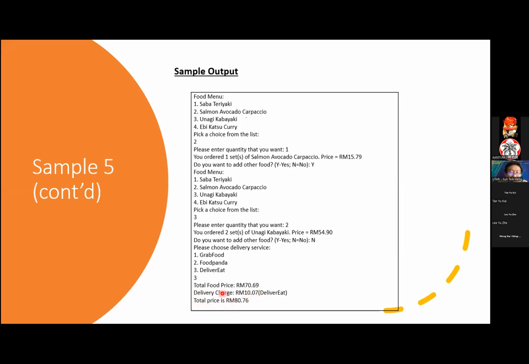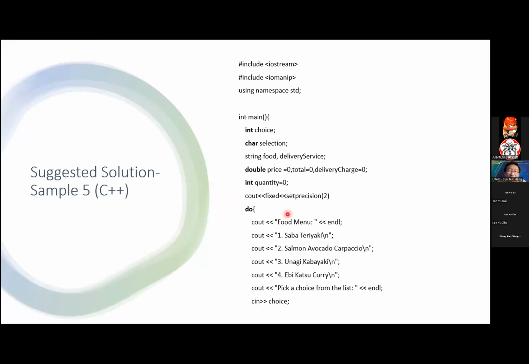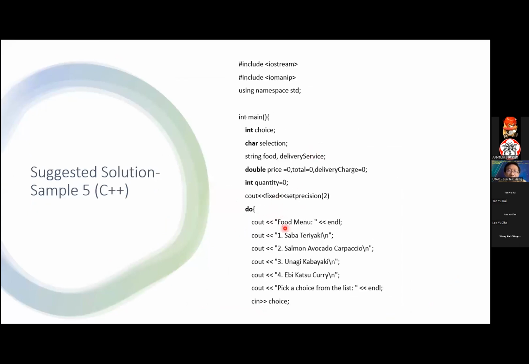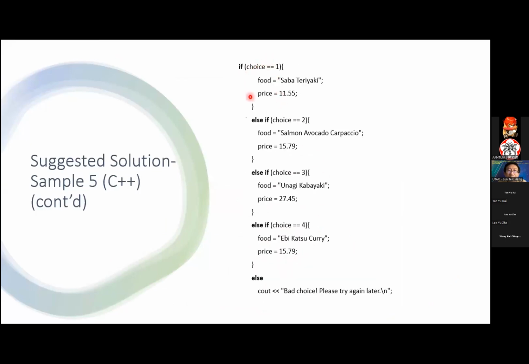So that will give the total price as 80 ringgit and 76 cents. Therefore, you can see we have a do loop here. Again, we are using this do while loop. Inside the do while loop, we display the food menu, and then we use the if else statement to check what is the food choice that the user purchased,